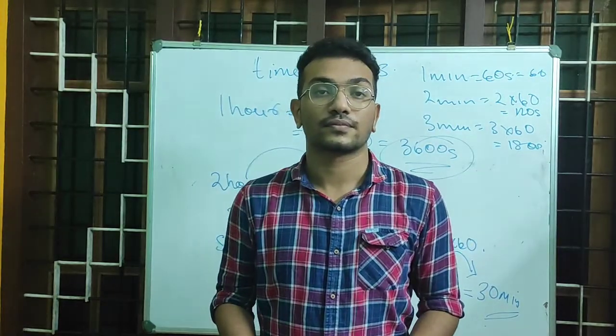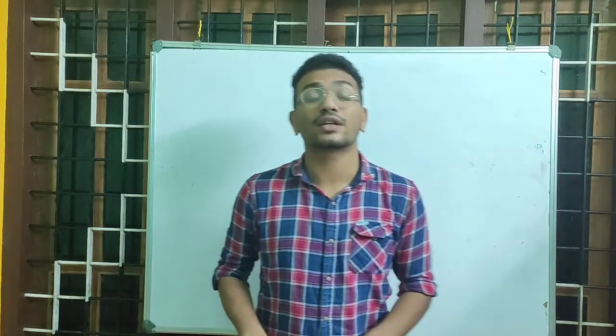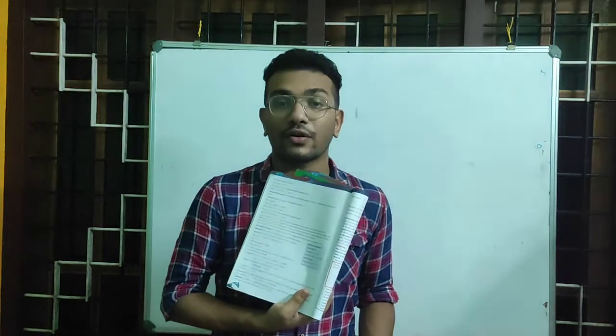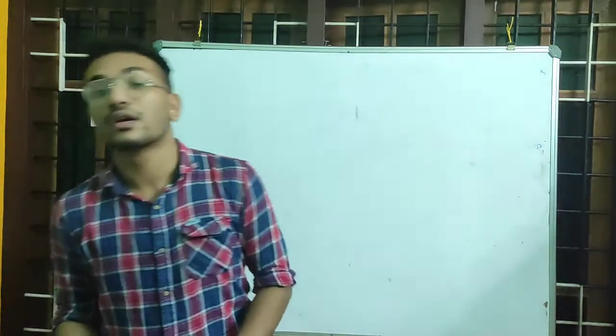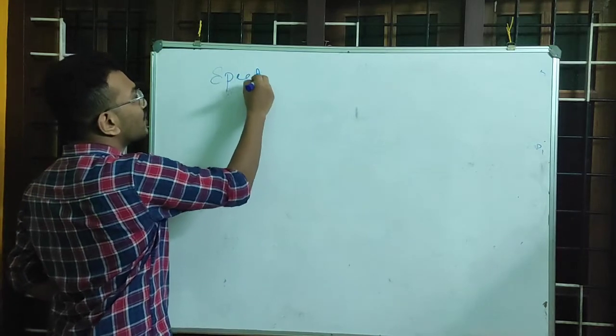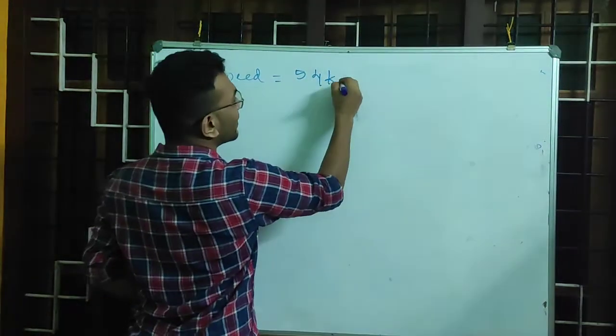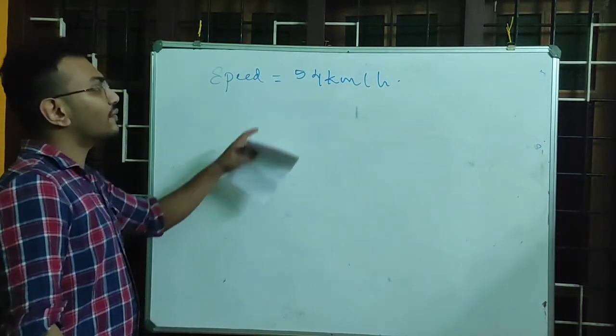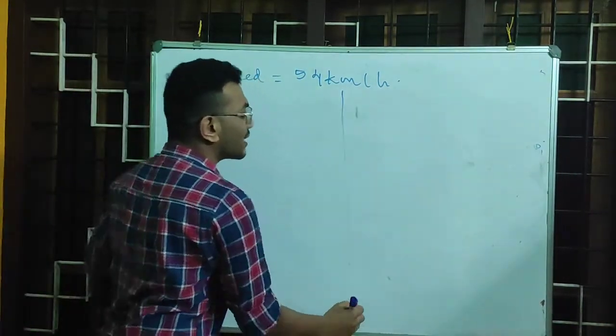Okay. So now let's discuss how we can convert kilometer per hour to meter per second and meter per second to kilometer per hour and all. Okay. So all of you take page number 150, numerical example 3, we are going to discuss. Okay. So the question: a school bus travels at a speed of 54 km per hour. Express its speed in meter per second. So the speed of the school bus is given. What is the speed? Speed is equal to 54 km per hour. We have to convert 54 km per hour to meter per second.